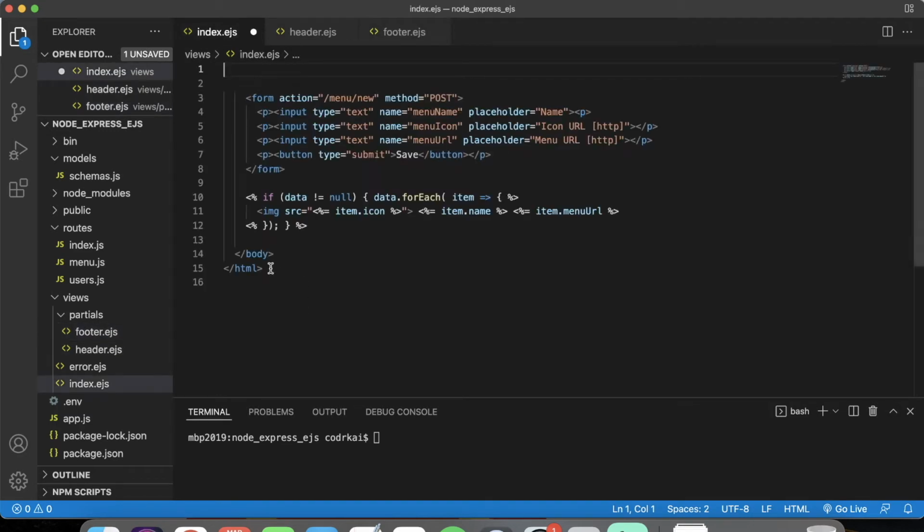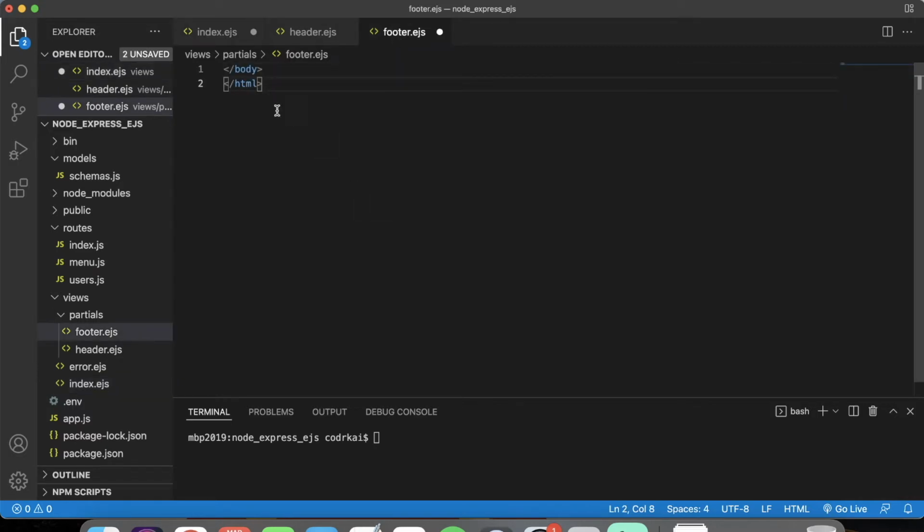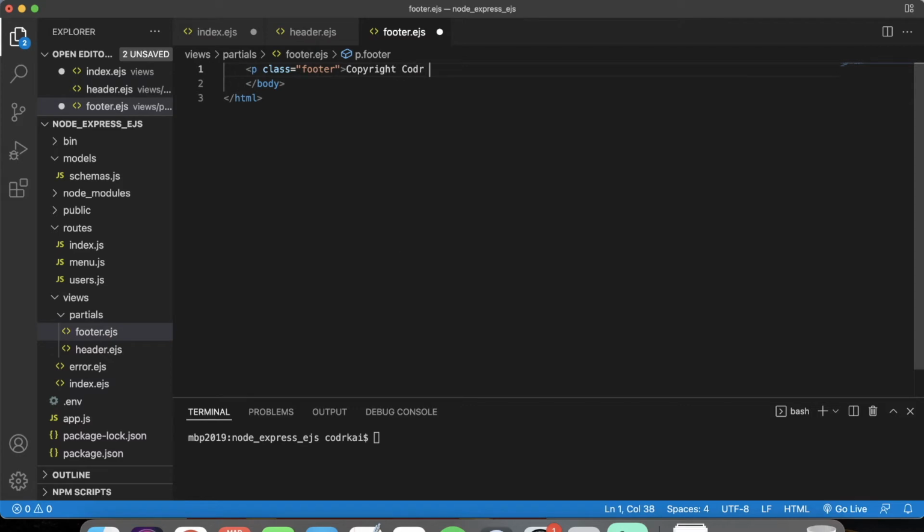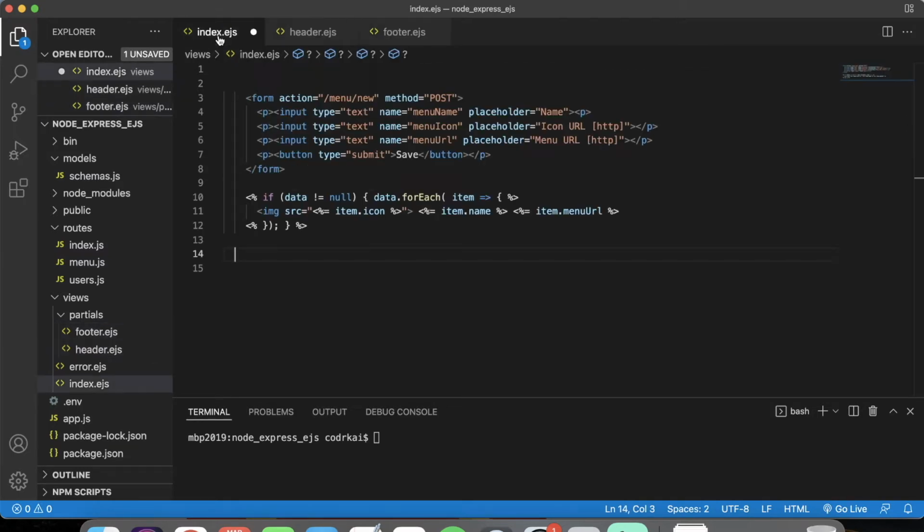Now let's go to the footer. We're going to do the same thing. We're going to take the ending of the body and HTML. I'm going to cut that out, go to the footer, put that in, and right here I want to add my footer copyright that I do for everything. So copyright Coder Kai tutorials and copy 2022 and that. Let's save that up. So we have our footer and header,